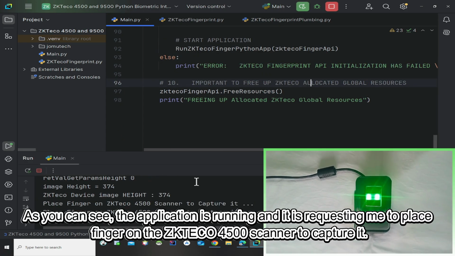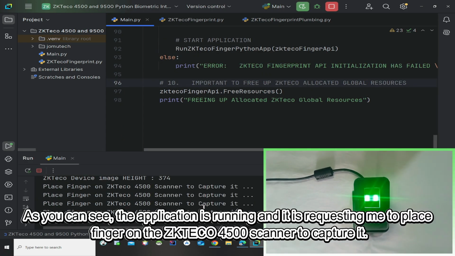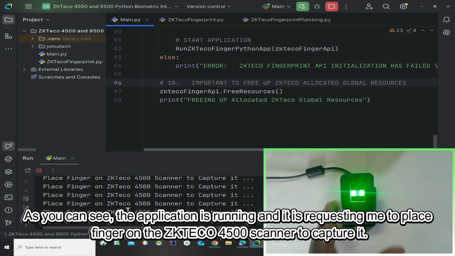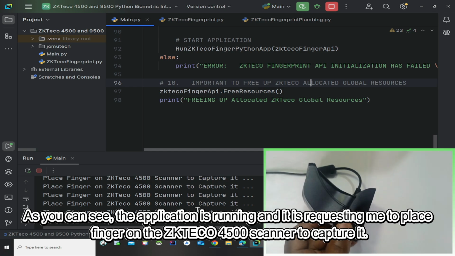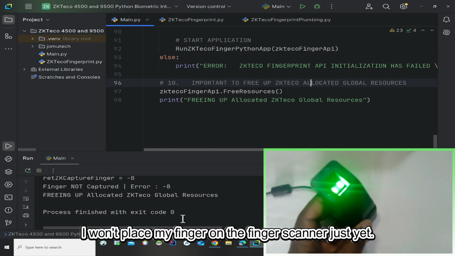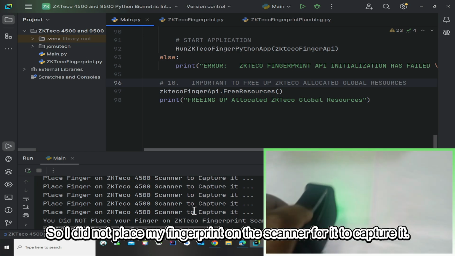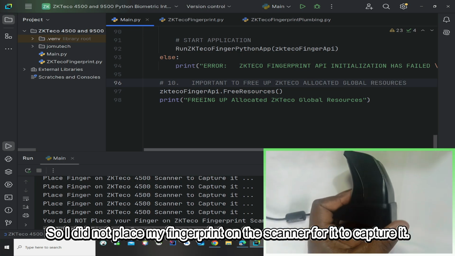So as you can see, the application is running and it is requesting me to place finger on the ZK-Teco 4500 scanner to capture it, but I won't place. So I did not place my fingerprint on the scanner for it to capture it.